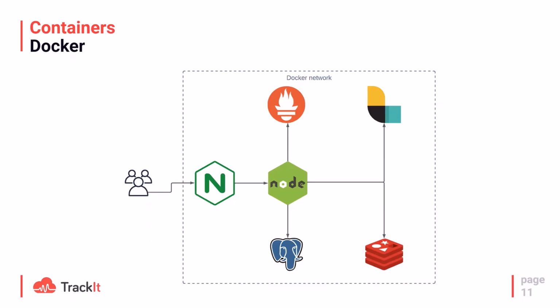And Docker has been the first one to introduce the system of networking within containers. The idea behind that is that since you can have multiple applications running inside isolated containers, you still want them to communicate between them. So in our example, we would like to have our Node application talk to our database. And so Docker introduced this concept of networks.